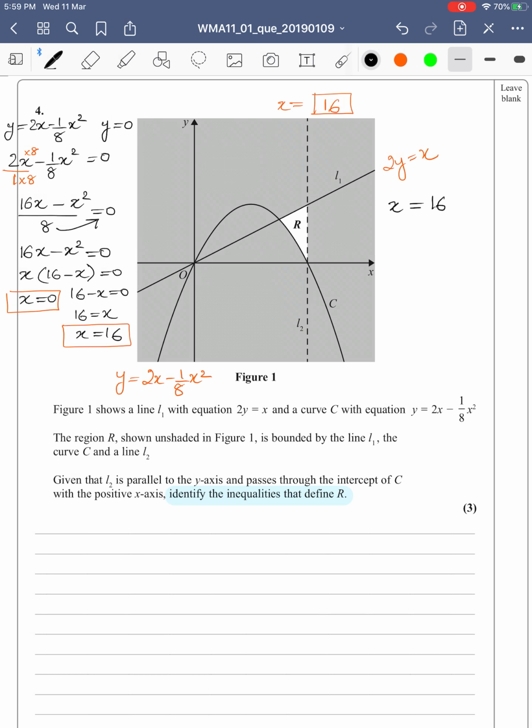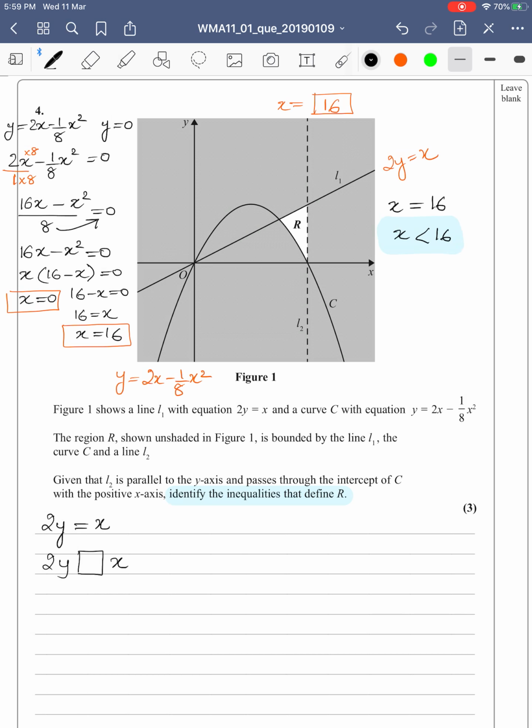So we have x is less than 16 as one of our inequalities. Alright, so this is one of our answers. Moving on to the other equation, which is 2y is equal to x. That is the equation of this line. Alright, so we need to find out the direction of the inequality for this